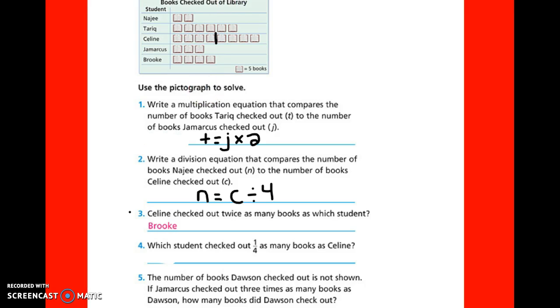How about this next one? It says, which student checked out a fourth as many books as Celine? So when I do that, I'm looking at Celine's 8 books here, and I want to be able to divide it into 4 sections. So I'm thinking to myself, well, 8 divided by what equals 4? And I know the answer to that is 2. So if I try dividing these all into 2,